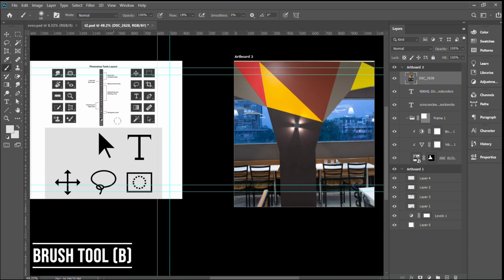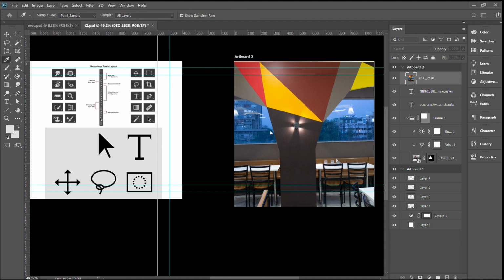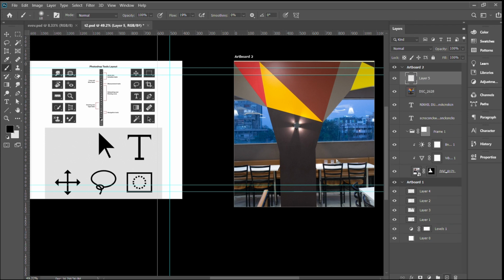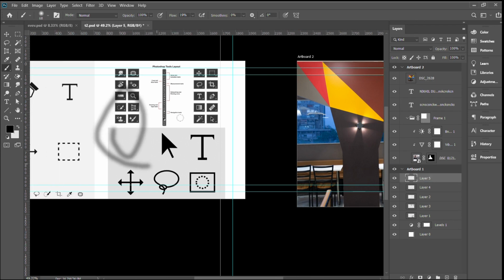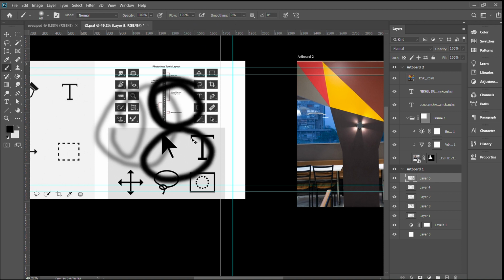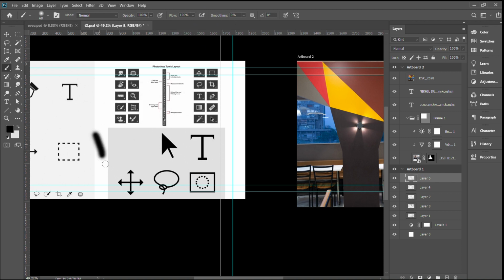Let's learn the next tool, Brush tool. As the name suggests, it provides a brush to work with. Make a new layer to work with and then set the foreground color to black. You will observe that it's not completely black because the flow is just 12%. Let's increase this to 100%. All these options help you to customize the brush. I will discuss them in detail in a separate video. So now it's completely black.